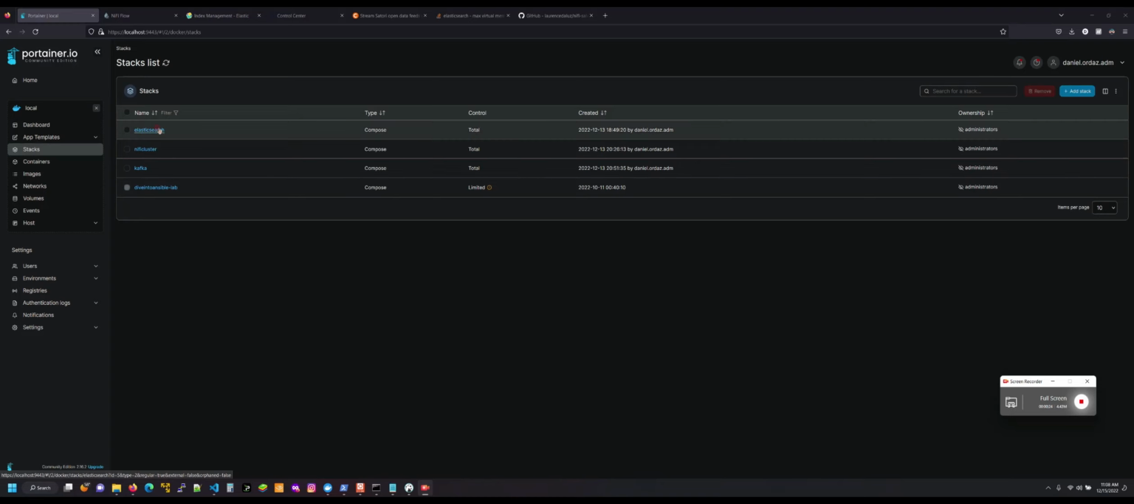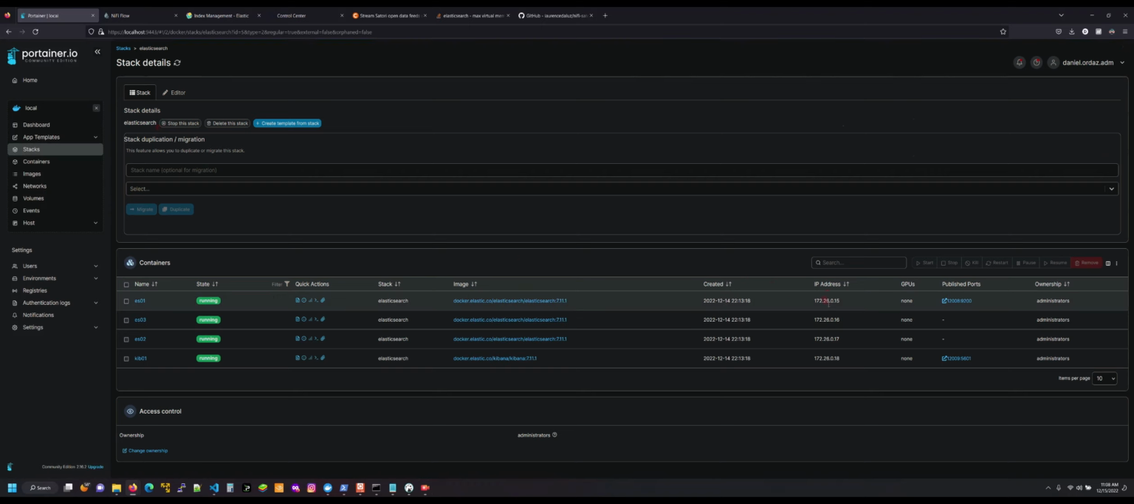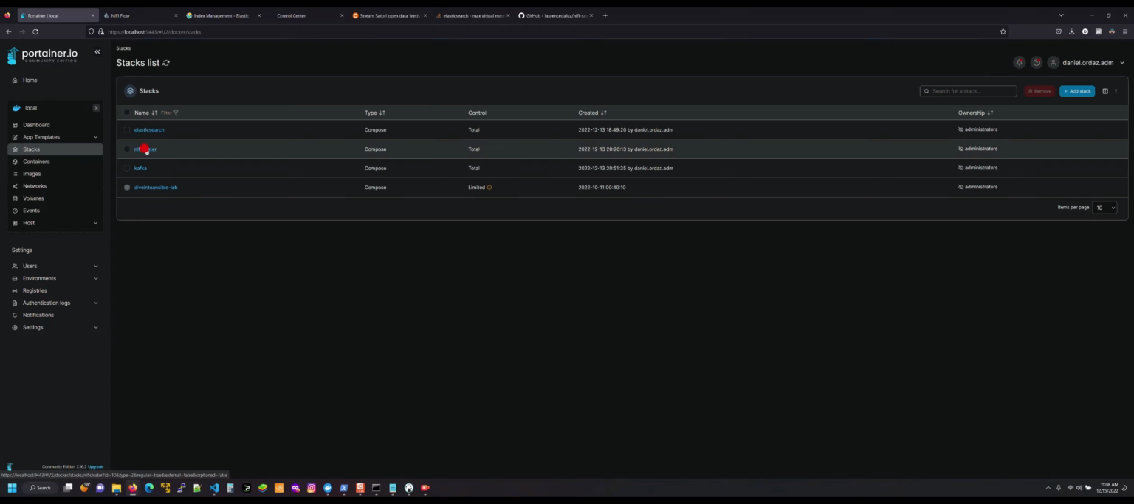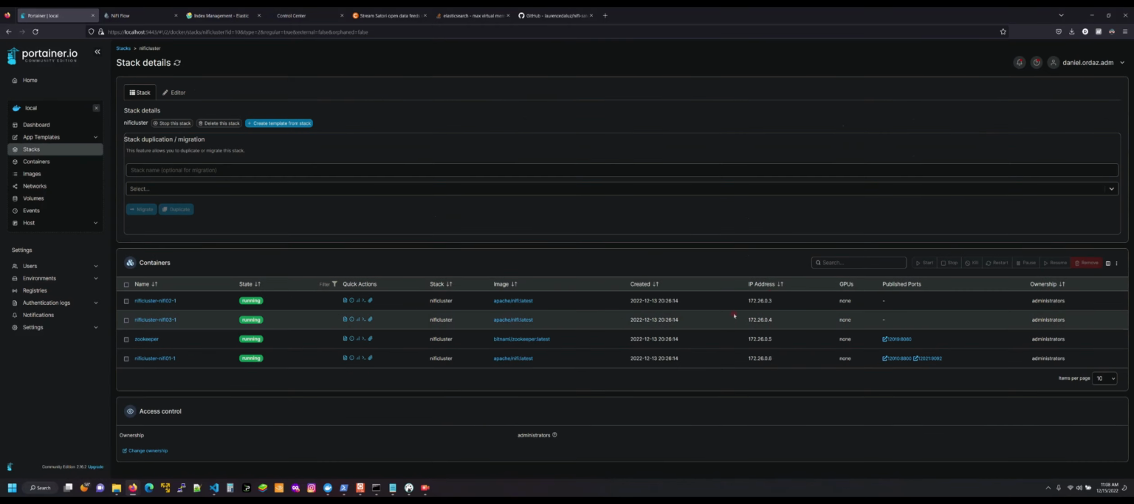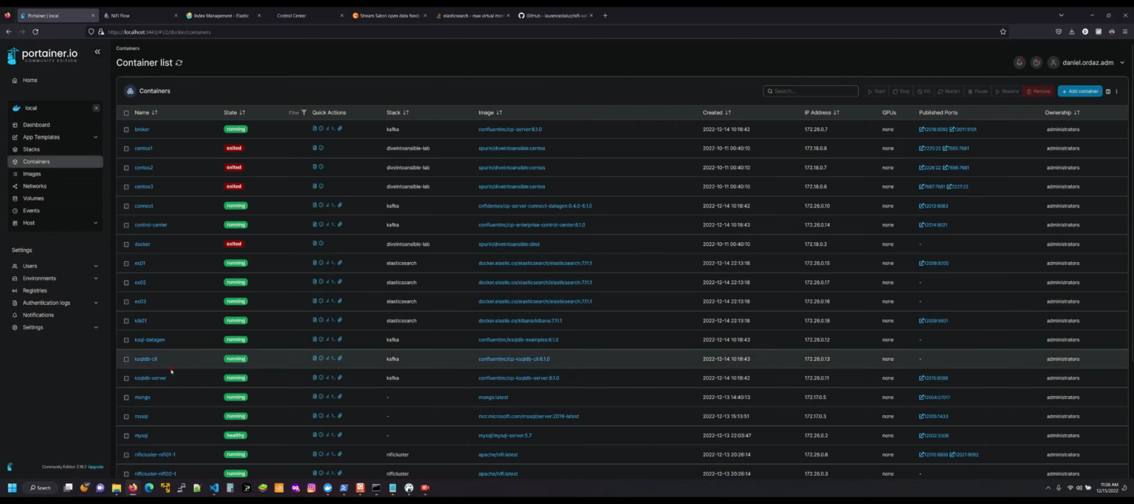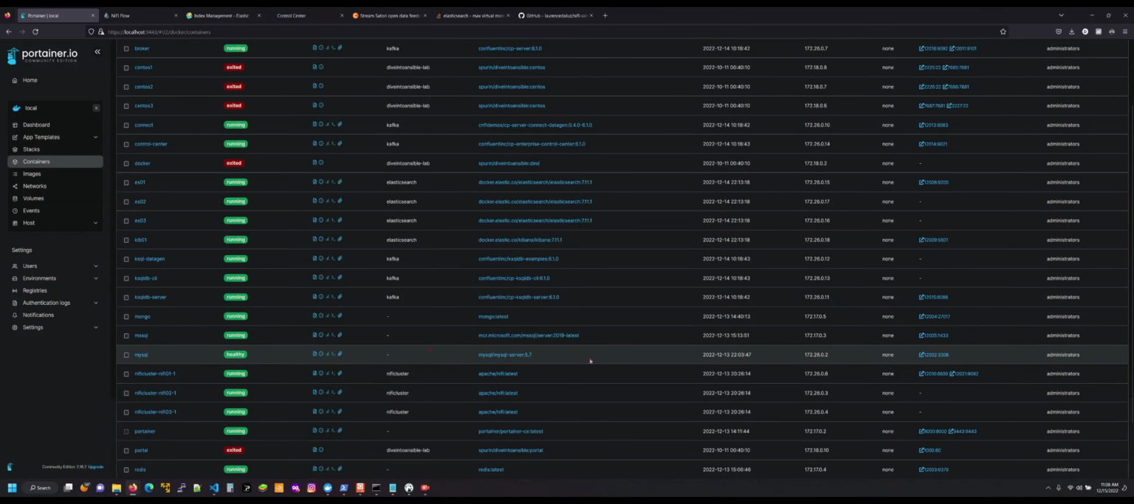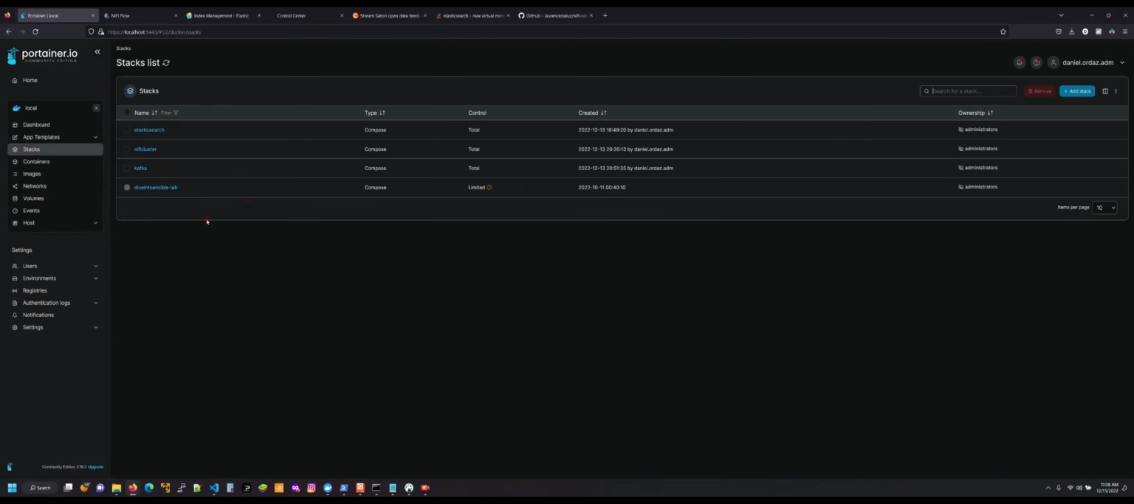If we drill down here to our Elasticsearch cluster, we can see that this is on the 172.26 network. Our Nifi cluster stack is also on 172.26, and our MySQL container listed here is also on 172.26 network. This is important because this allows all of these containers to communicate with each other, interact with each other, and in this way we'll be able to ingest data from Nifi into Elasticsearch, as well as populate